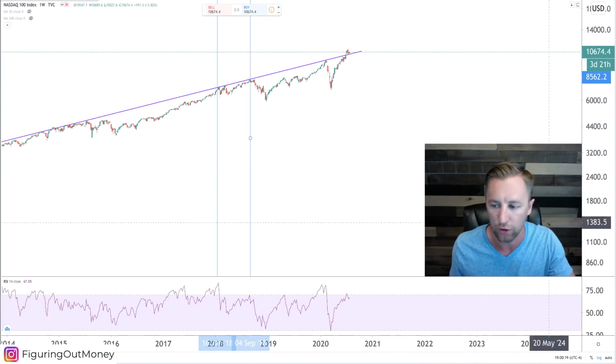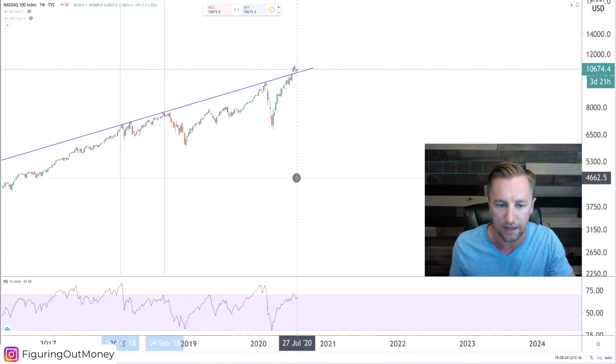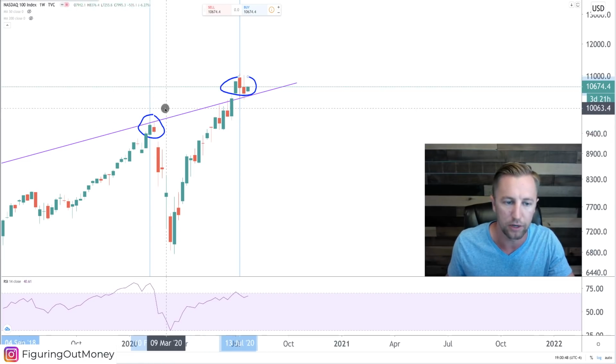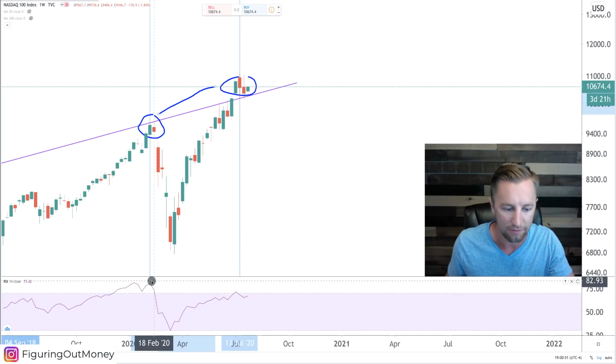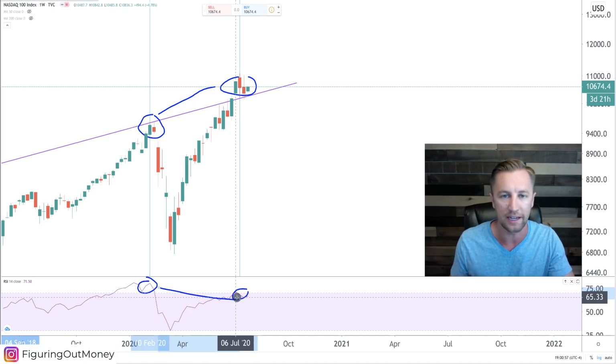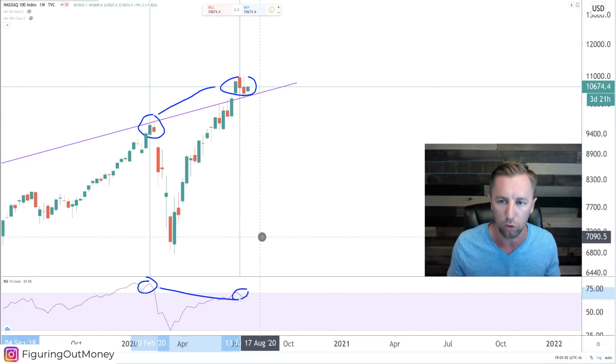Now, as the current price action is forming, you can see something very similar taking place. The price action from here to here is putting in a higher high, and then from here on the RSI to here on the RSI, it is putting in a lower high, which is a negative divergence. These sometimes can result in pullbacks, so it's worth noting. That doesn't necessarily mean that it's just going to be some sort of flash crash. That's possible, but it's just worth noting and being prepared for,